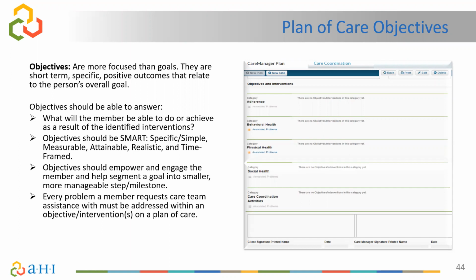What will the member or client be able to do or achieve as a result of the interventions that are identified? They should be SMART, as indicated through Jessica's review of SMART goals, which would mean they're specific, simple, measurable, attainable, realistic, and time-framed. Objectives should also empower and engage the person to help